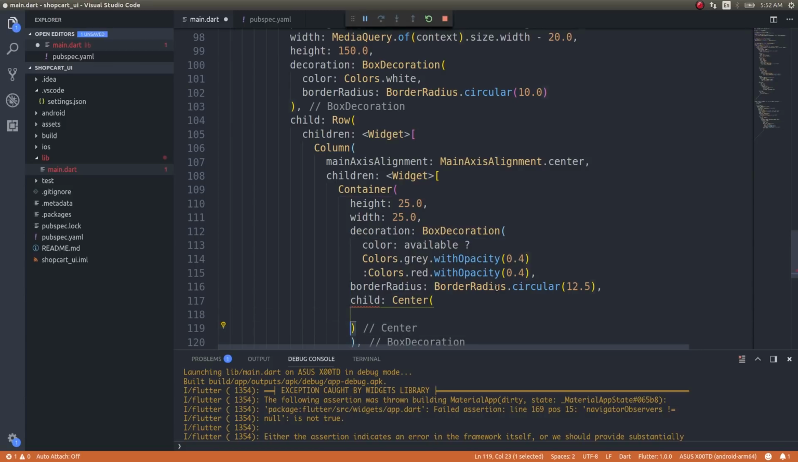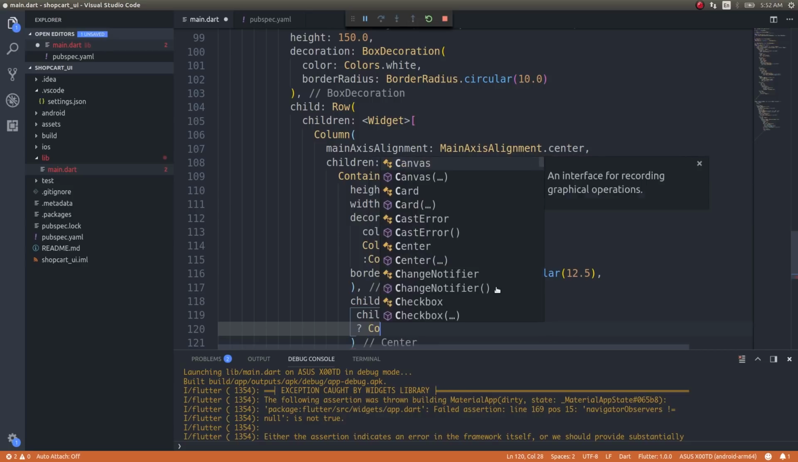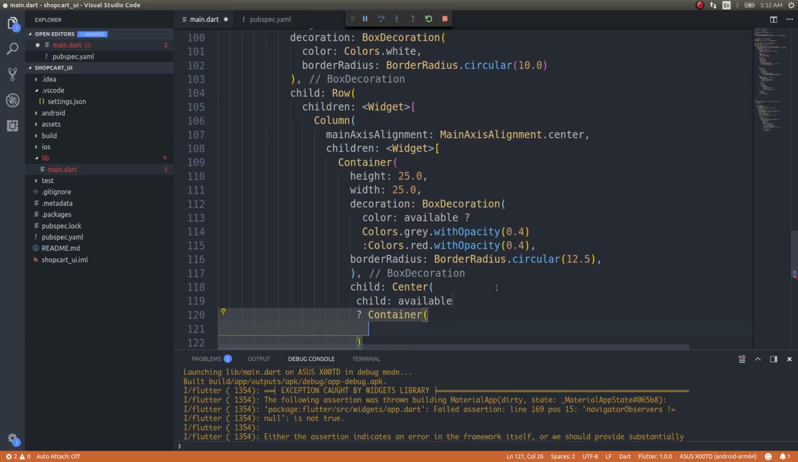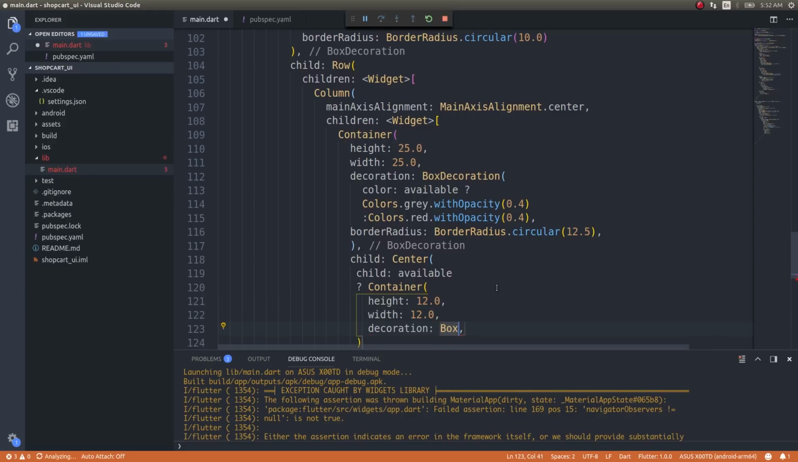Oh, I am still inside the BoxDecoration, sorry. I'll get out of it. In the center, this will be a child. If it's available, once again, if it's available, then I'll check Container. I'll give a Container. Height will be 12.0, width would be 12.0, decoration would be BoxDecoration,